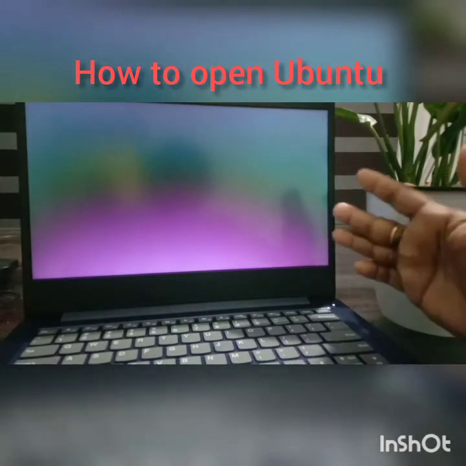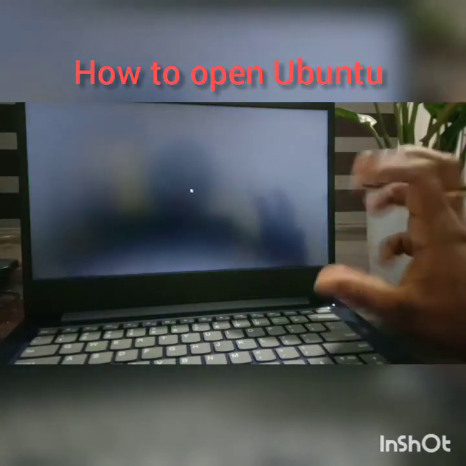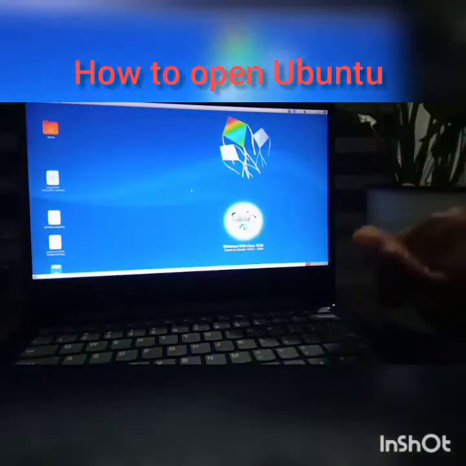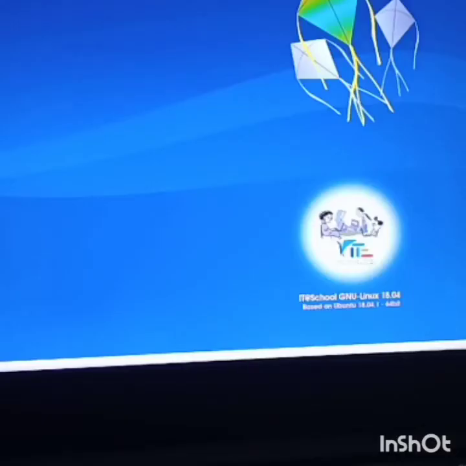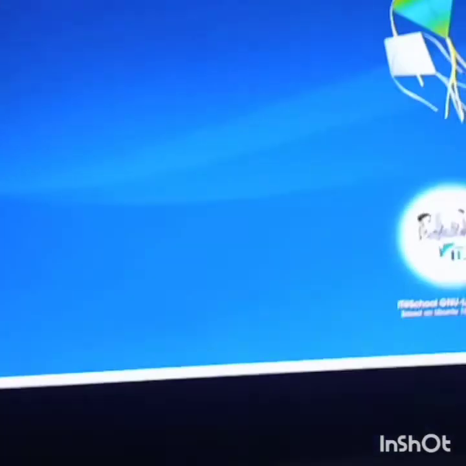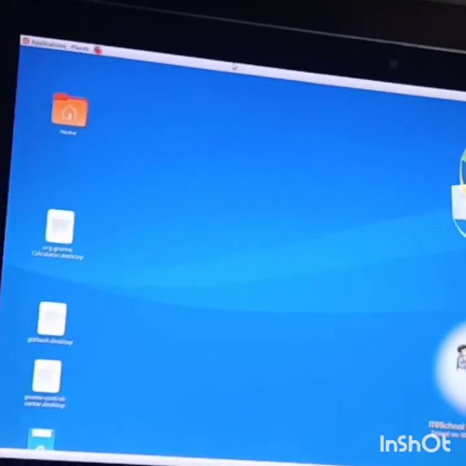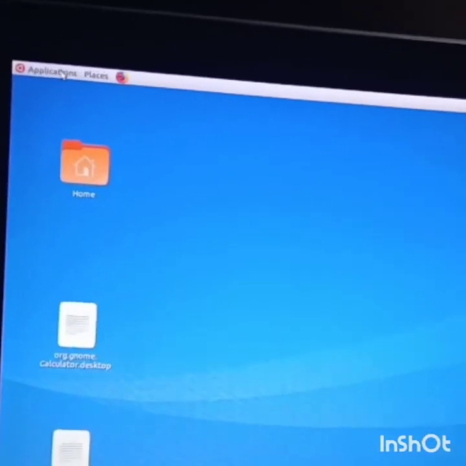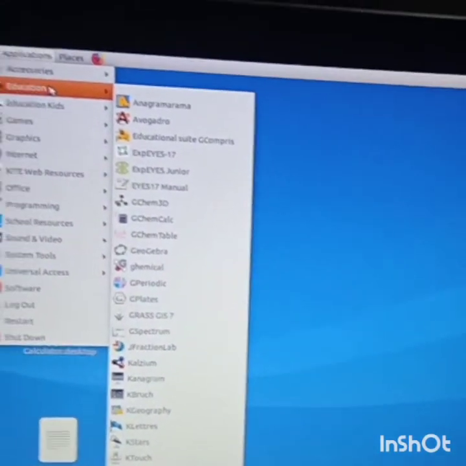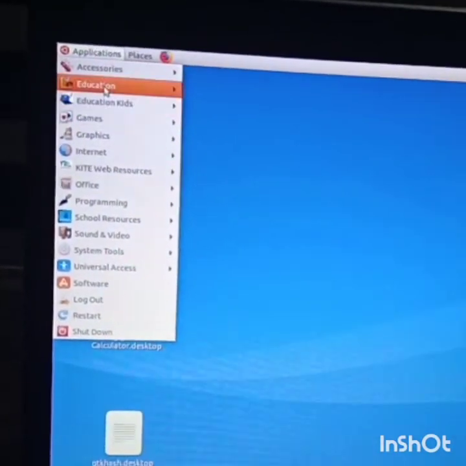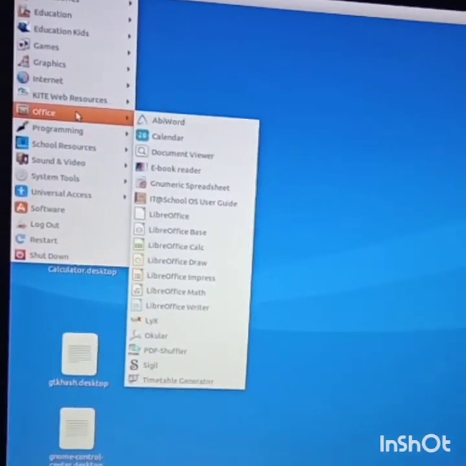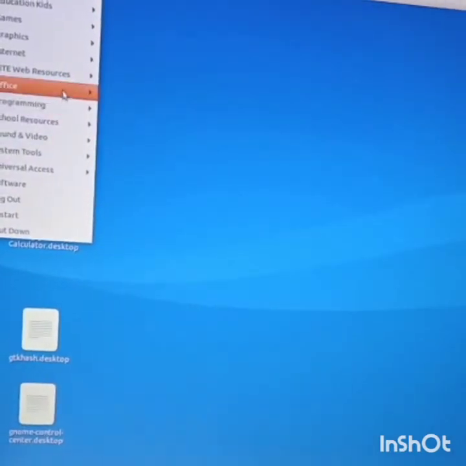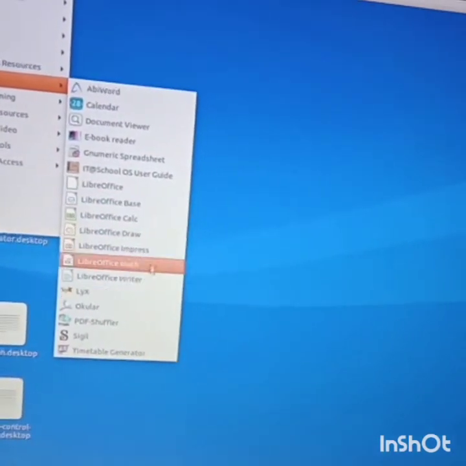Okay. So now finally our Ubuntu operating system has opened. This is the screen where we have to work. Now if you want to open any software, what can we do? We have to select Applications here, then from there we select Office, and you can see the applications which we have to work on.